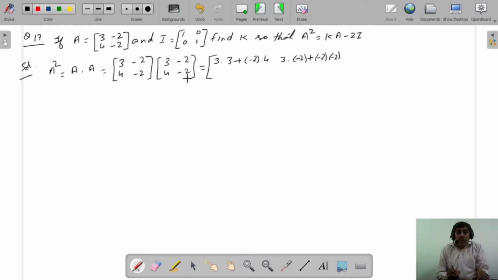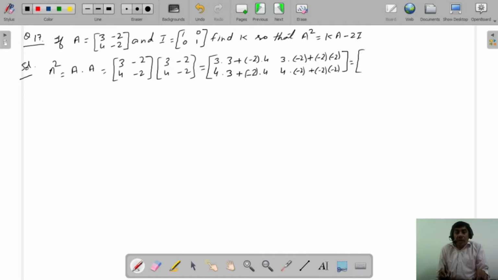Second row, first column, 4 into 3 plus minus 2 into 4. Second row, second column, 4 into minus 2 plus minus 2 into minus 2, which is equal to